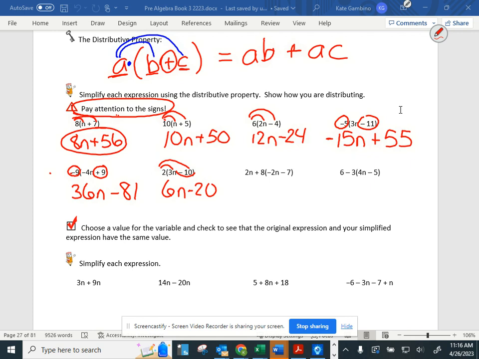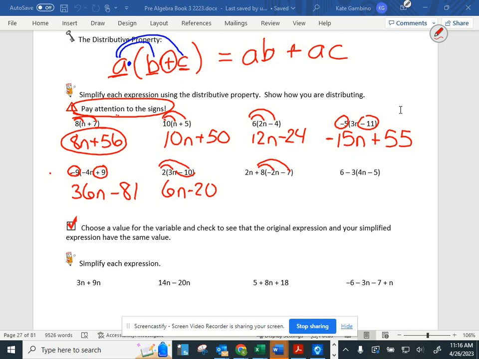So first we're going to take care of the parentheses. We're not solving anything, because remember, we don't know what n is. So we're not solving. There's no equal sign. So we're going to do our simplifying. So yes, the first thing is we're going to simplify